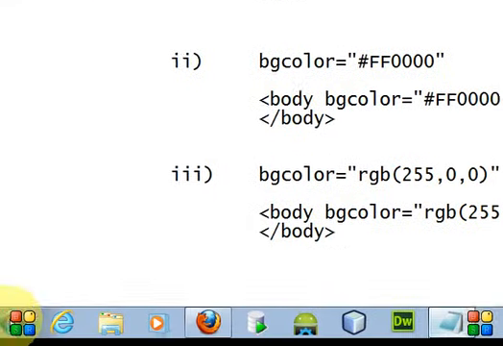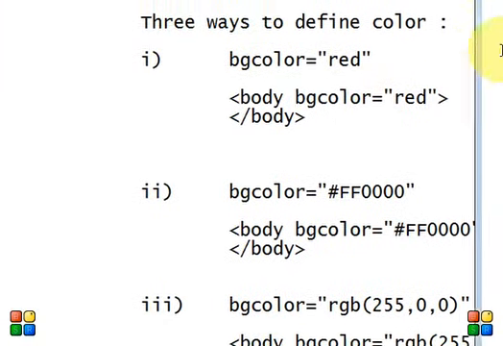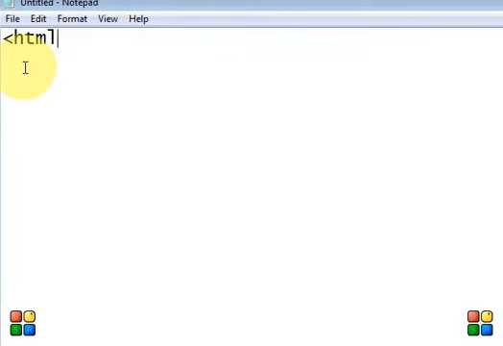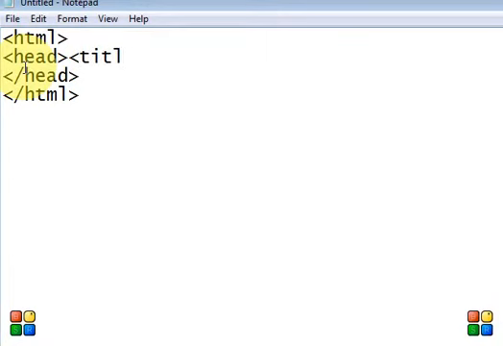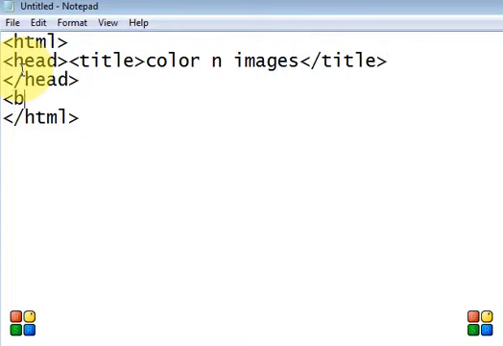As you know, to prepare an HTML file, open Notepad and type the basic HTML code: the opening and closing of html, the head tag, a title, anything you want, like color and images, then close the title, open the body tag, and close the body tag.